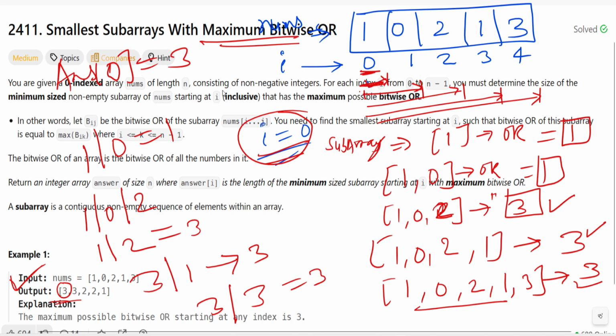right? Now the tricky case is, what is the hidden insight, or what is the hidden logic here? First, try to understand the naive approach, then you will understand. If we try every i and check all the subarrays that start at 0 to n minus 1, we calculate the OR. This will work, and it will take